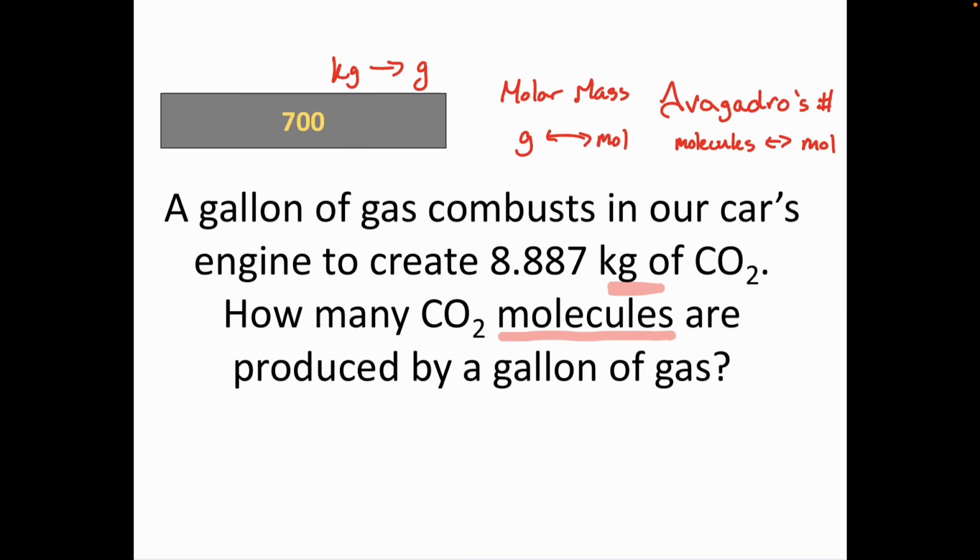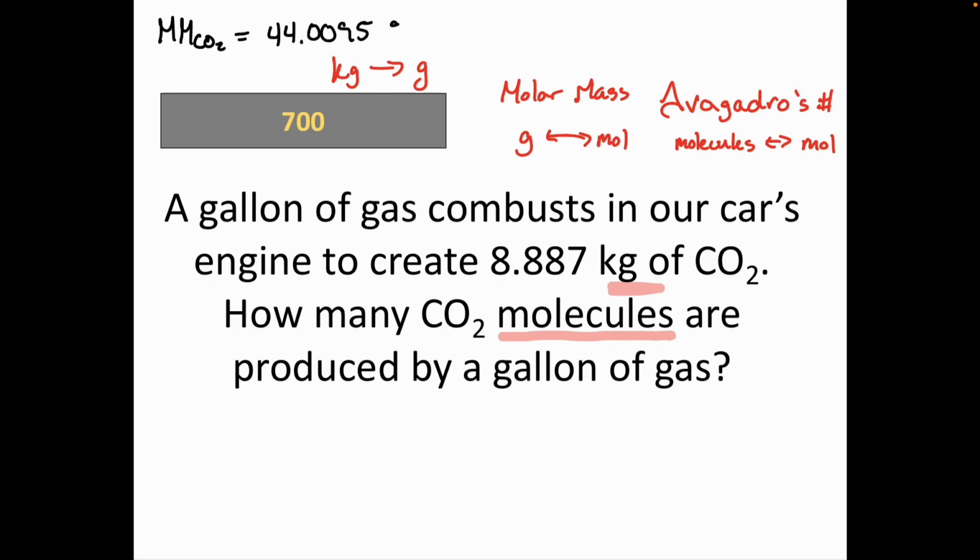Then I can use my molar mass to get to moles, and finally Avogadro's number to get me into molecules, right? So pairing a bunch of different tools that we have here. One other kicker is that this isn't just the molar mass of carbon, but the molar mass of carbon dioxide. So I would first have to calculate that, and that is